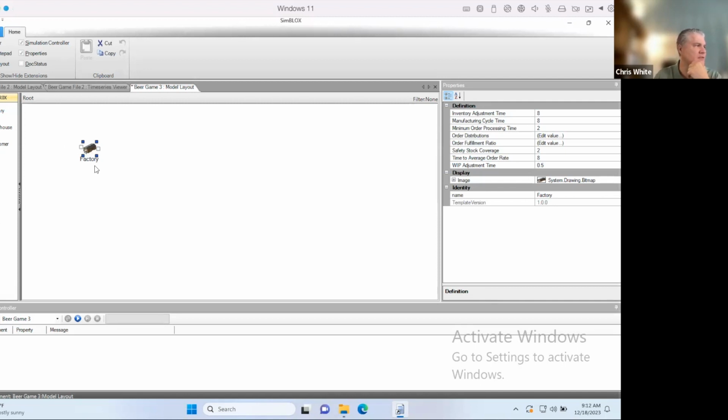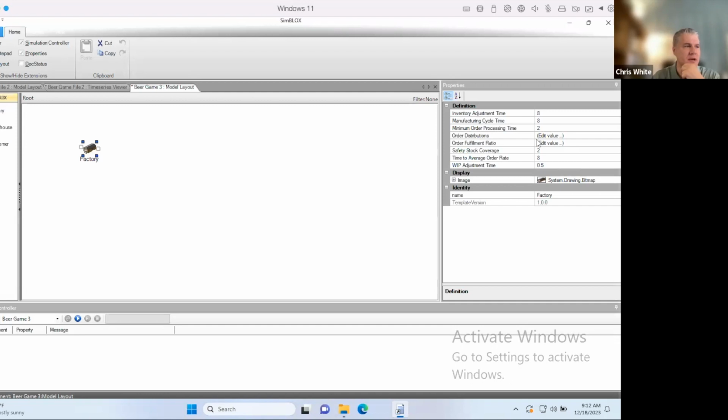You'll notice as I drag a factory over here, some variables become available. In our overview and tutorial decks on the Beer Game on Steroids page, we actually walk through some of this. This is a model from Dr. John Sterman at MIT, with the System Dynamics group. It's in his book called Business Dynamics, which was published in 2000. It's a widget model, so we are just using his widget model. It's embedded in here as an agent. When I drop a factory on here, it's John Sterman's widget model behind the scenes.